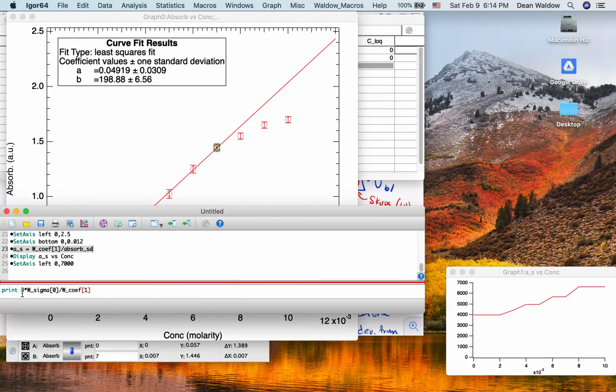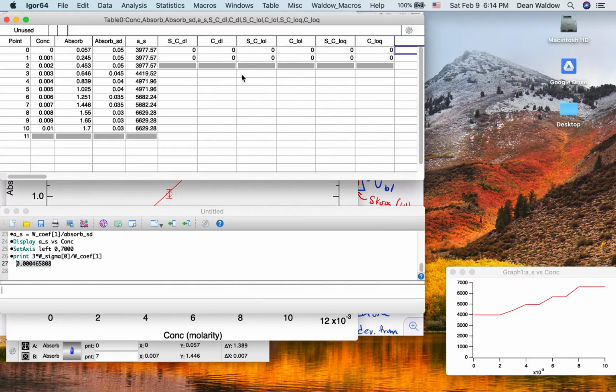So we're taking 3 times the standard deviation of the blank divided by the slope. So this would be our detection limit, 0.00465. Various amounts of sig figs can be considered, but I'm going to put that here as our detection limit